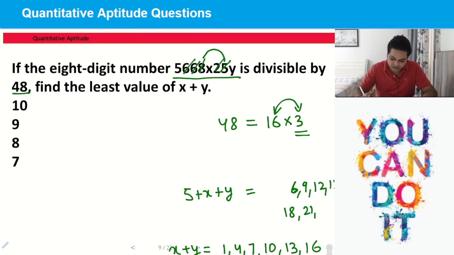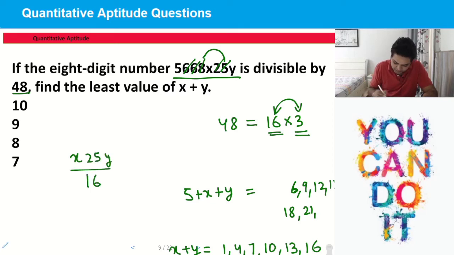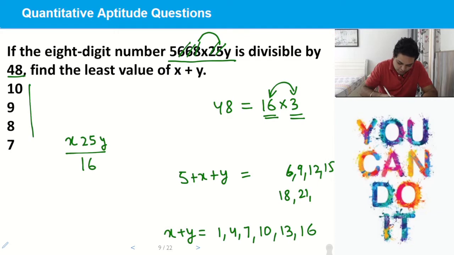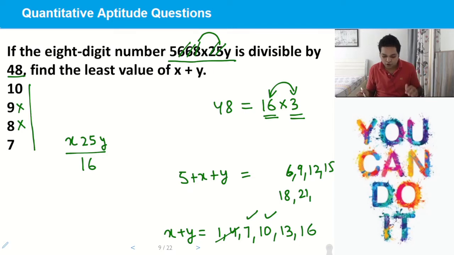We are looking at the least possible value, but we have 16 as well. So we have x25y should be divisible by 16. Now if you look at these options, we have 10, 9, 8 and 7. So we can ignore 1 and 4. So either 7, 10, 9 and 8 are already not there. So we can have either 7 or 10. Now if I look at this number, so this is,